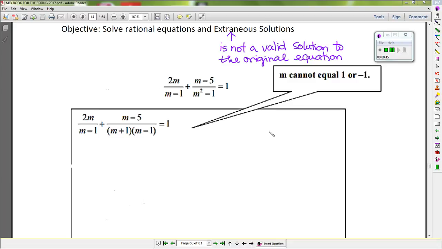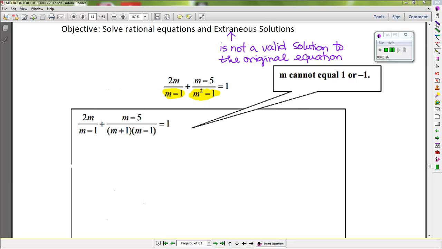So let's begin with the given equation right here. This is a rational equation because you can see you have two or more fractions. So you have 2m over m minus 1, this is the first rational expression, plus m minus 5 over m minus 1 equal 1. So the first thing I'm going to do is find the